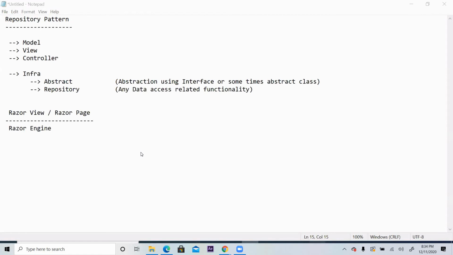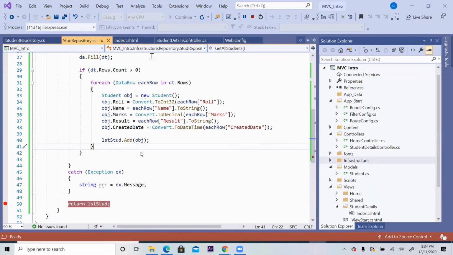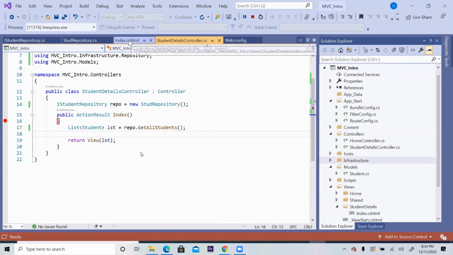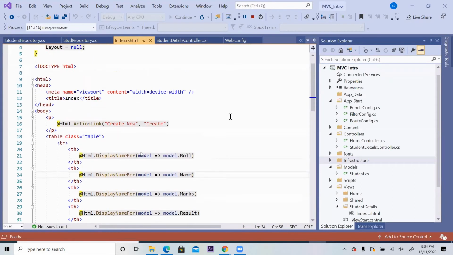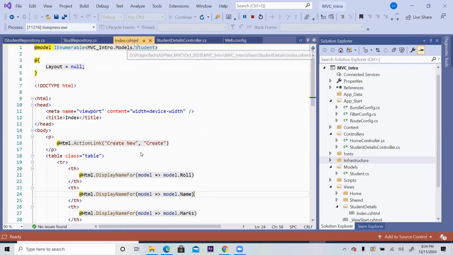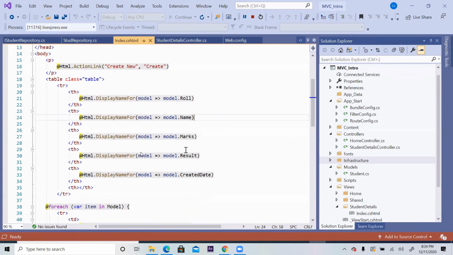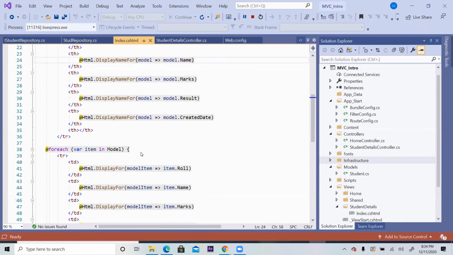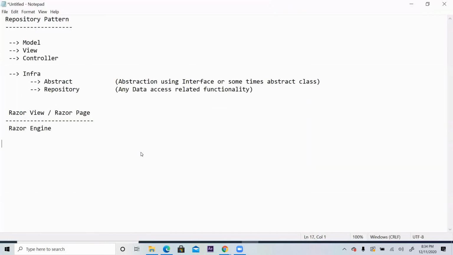If you go to your view, you will see, this is the one. First of all, the extension is CSHTML. CS stands for C# and HTML stands for HTML. So that means this page can contain C# coding as well as HTML coding. That is the main feature of Razor engine: compiling UI from both angles, scripting as well as a programming language.